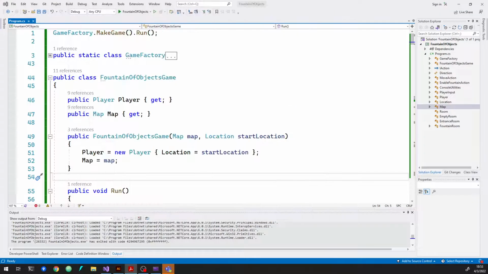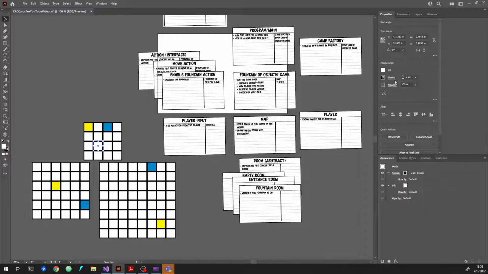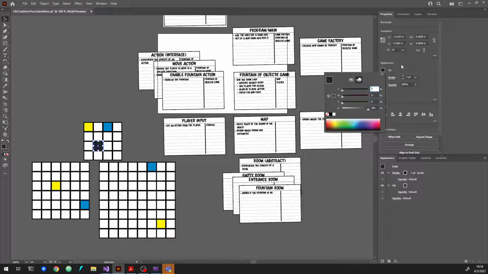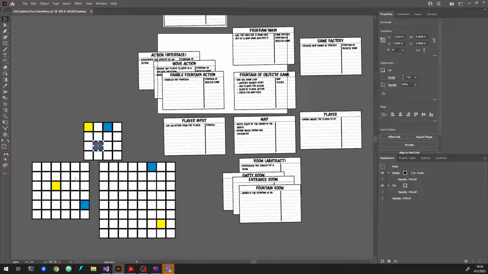I'm going to scoot this off to the side so I can see the numbers. And the first thing I'm going to do is come in here, and we're going to take our little maps here, and we're going to put a pit. So let's see. Let's say a pit is, I don't know, black. Makes sense, right? Maybe a dark gray. And it said